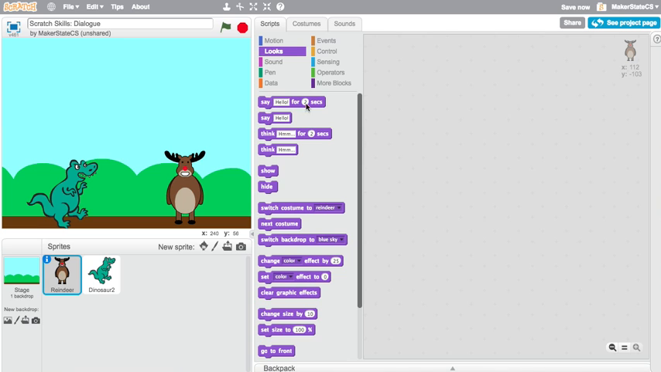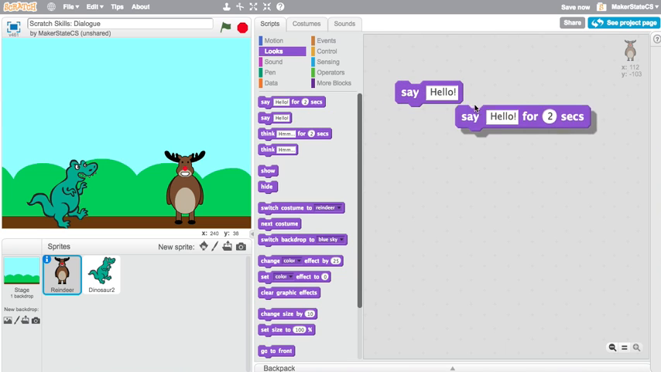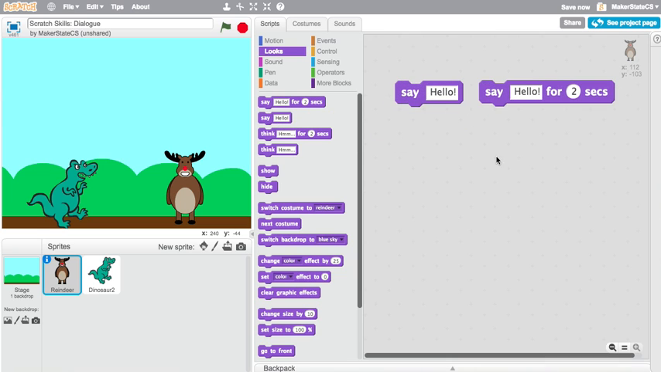So let's just look at these top two blocks in looks, say hello for 2 seconds and say hello. Let's pull both of them out onto our scripting area over here. The difference between these two blocks is that say hello will make our sprite say hello with a speech bubble indefinitely, right? This will go on forever until I click this red stop sign to make the reindeer stop saying hello. Say hello for 2 seconds, on the other hand, will allow our reindeer to say hello for 2 seconds, and then the speech